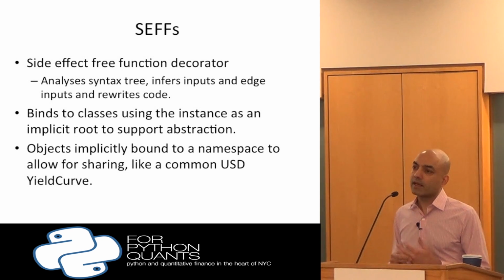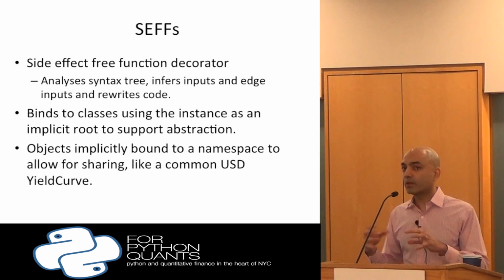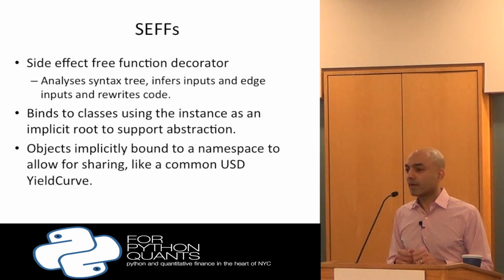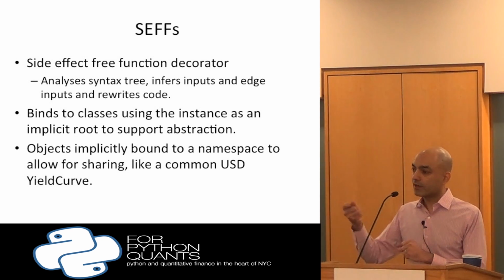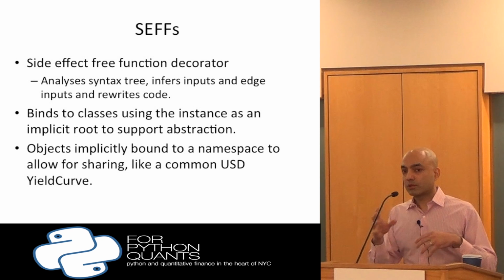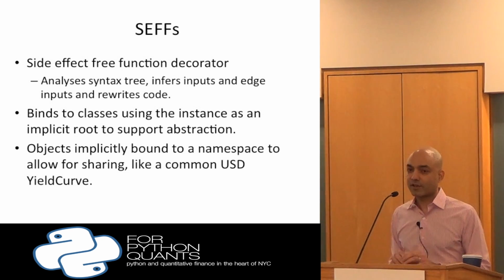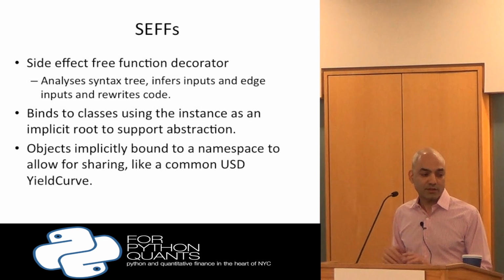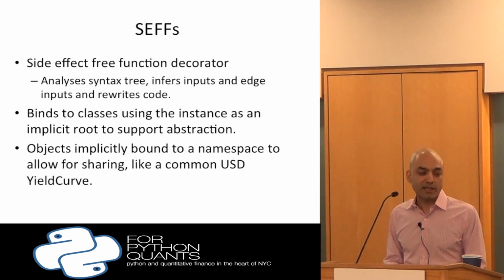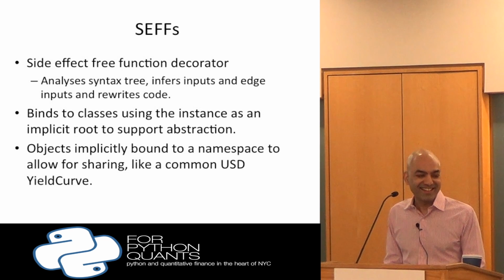And so these are free functions. In order to support some notion of abstraction, we'll bind these to classes. Essentially self becomes your free variable there, which you can use to get to other functions. You can also use it to get to a namespace, etc. In theory, you could have a more complex form of free variables with constraints and things like that, but it's kind of hard to know how to express that. So any ideas anyone has, I'd be very happy to hear.